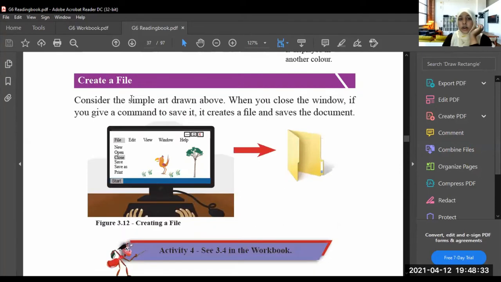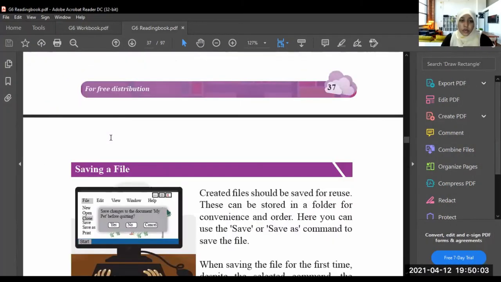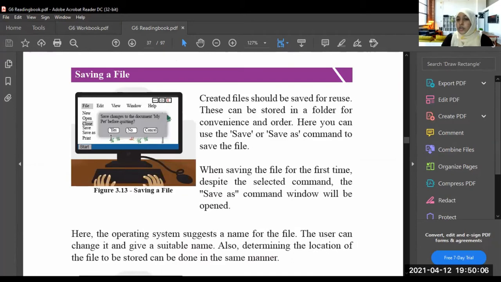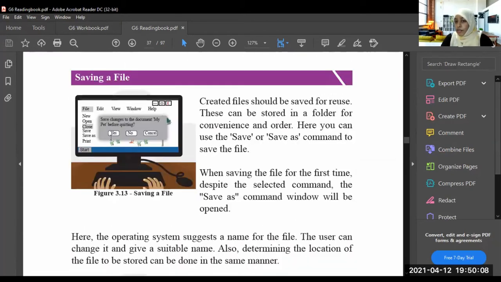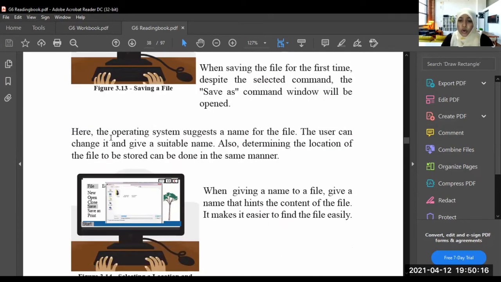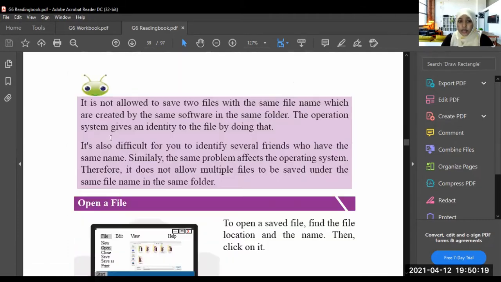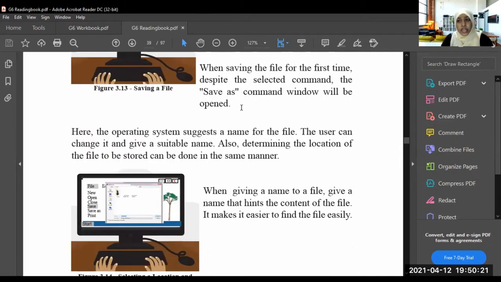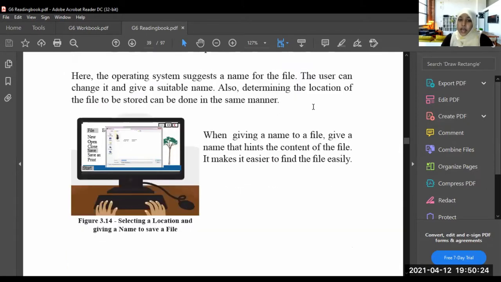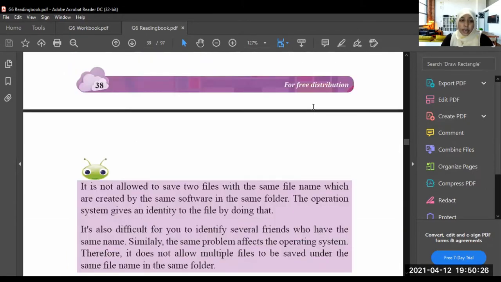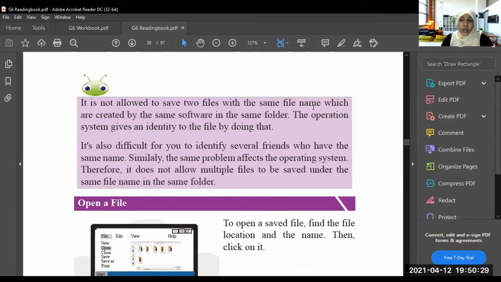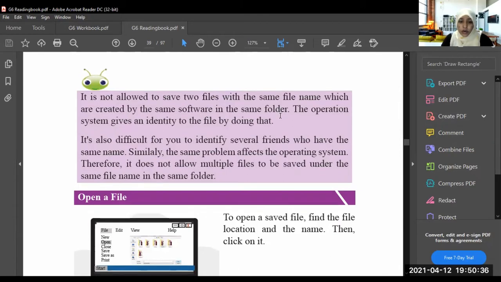Right. Next one, saving a file. How to save a file? I showed you how to save a file, right? Last time, how to save a file in Word. I showed it to you, and also I showed you how to open the file you saved, right? Okay, so I am not going with that again because already I have told you how to save a file. If you can't remember, you can go to the YouTube channel and watch the videos. Fine? Okay.